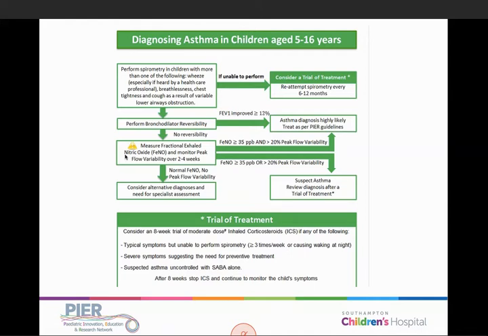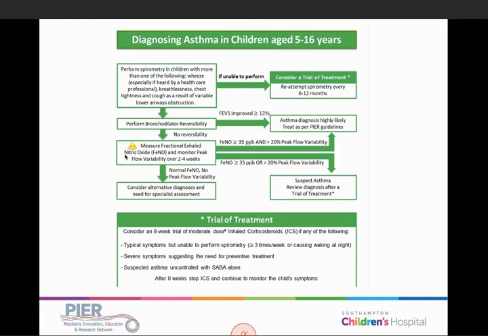One in five FeNO measurements can be falsely positive, and one in five patients with asthma will have low normal levels of FeNO, yet still have an asthma diagnosis. None of these tests are absolute, but they are important, and we should be thinking about how we can best use them in our practice to make sure we're making accurate diagnoses of asthma as a basis for which to go forward in treating our patients effectively with the right medications and the right kind of approach to their